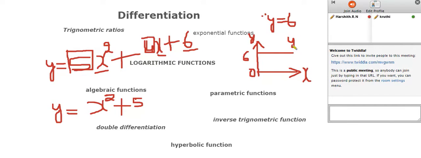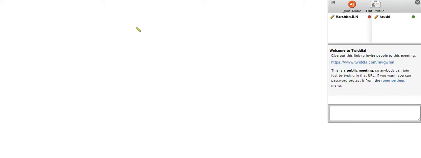Do you understand why we write that the differentiation of a constant is 0? Yes, sir. Because it doesn't bend at all. The main purpose of differentiation is finding the slope and finding the point of contact to the tangent. Fine? Yes, sir. Okay. Can we make all this clear? Yes. Now let me go to the topic by name,